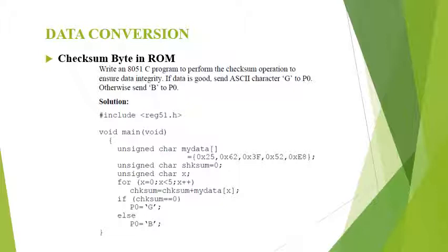Then it is added, and we find the 2's complement of it after dropping out the carry, and then this checksum value is checked whether it is 0. If it is 0, then the data is not corrupted, so assign character G to port 0, else assign character B to port 0.